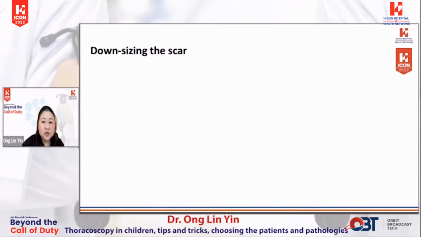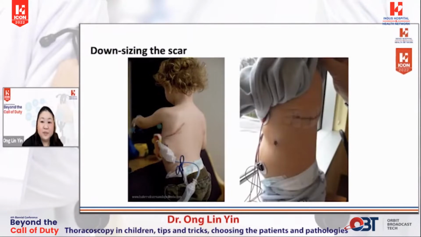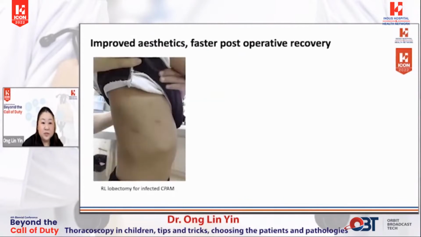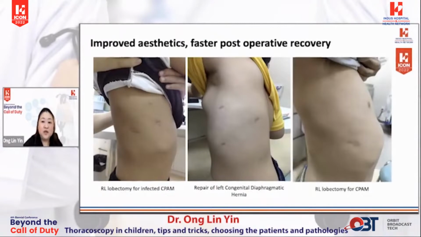When discussing surgical options, one of the most common questions is, how big will the scar be? I might do a wonderful job on the inside of the chest, but patients and parents are only looking at one thing, the final scar. As a parent, would you prefer your child to have these scars? Or would you opt for something like this? This? Or this? I think the pictures speak for themselves. Incisions such as these have also been shown to reduce post-operative pain, enable faster mobilization, and hasten post-operative recovery and discharge from hospital.